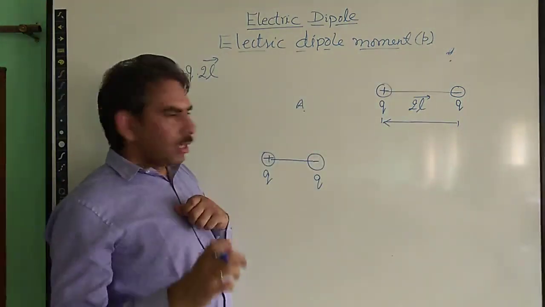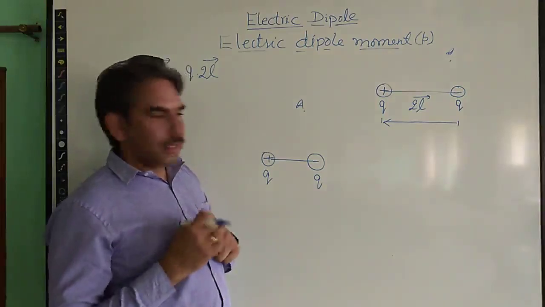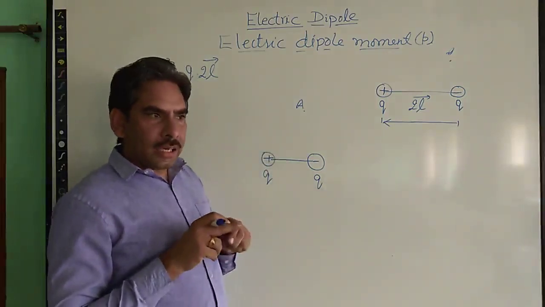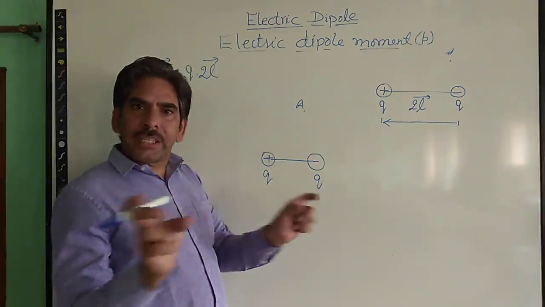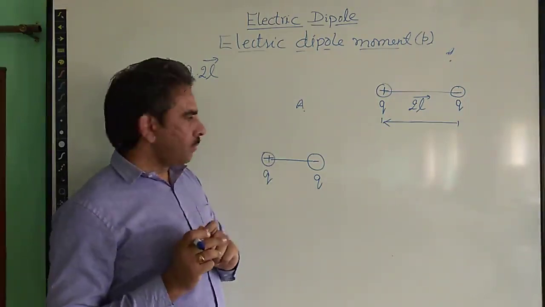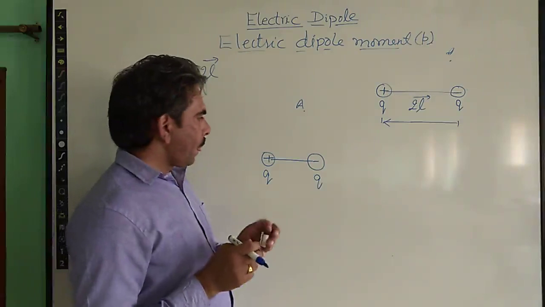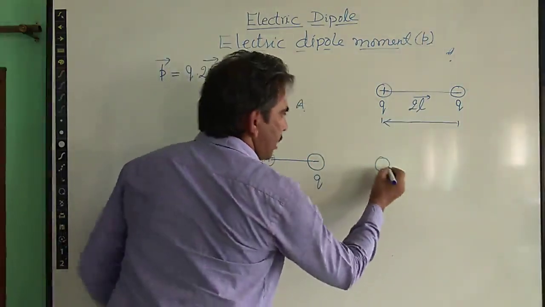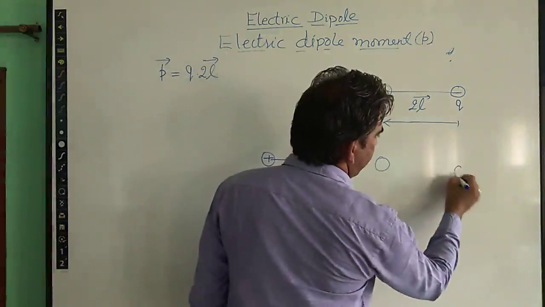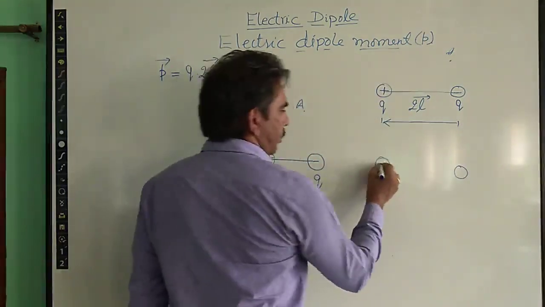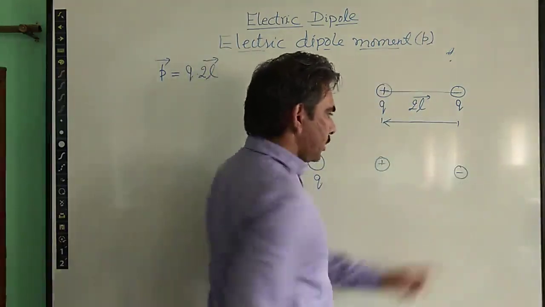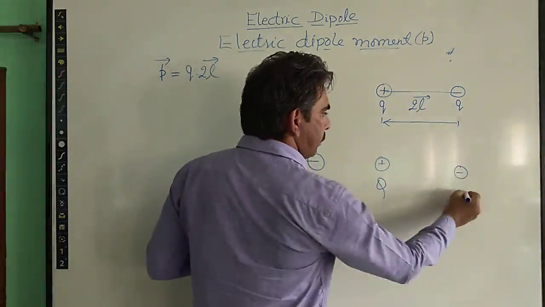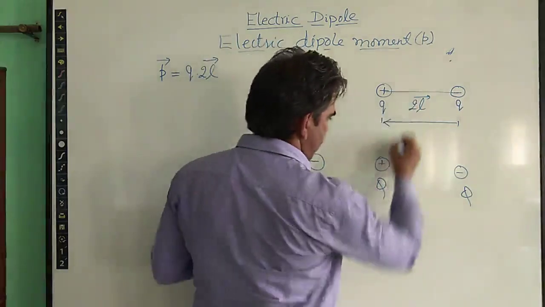So this is the first thing: the length of the dipole matters, or we can say the distance between the two charges of an electric dipole matters a lot. And also, if we are taking the same length but charges of some higher magnitude, this is the positive charge of the dipole, this is the negative charge of the dipole, but now we have some bigger charge of the same length.